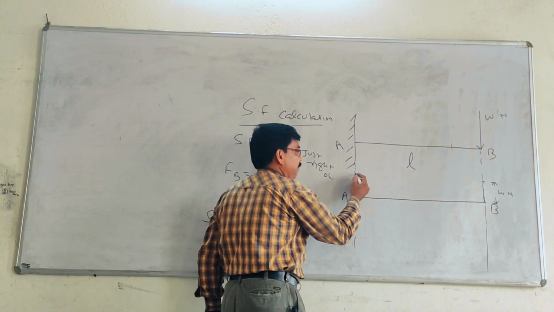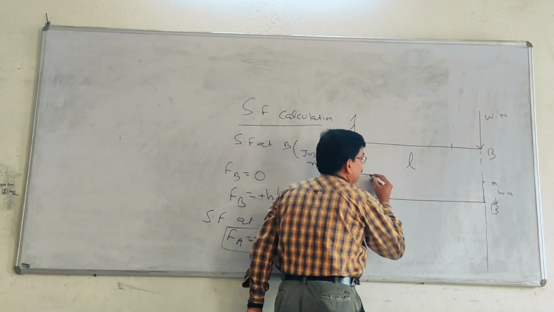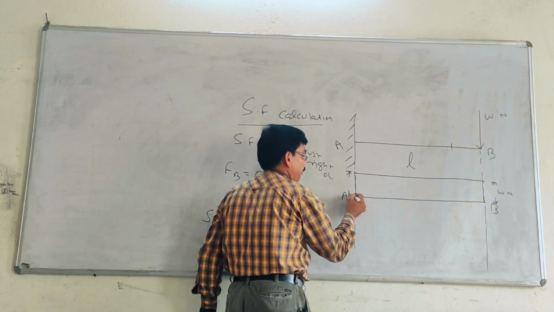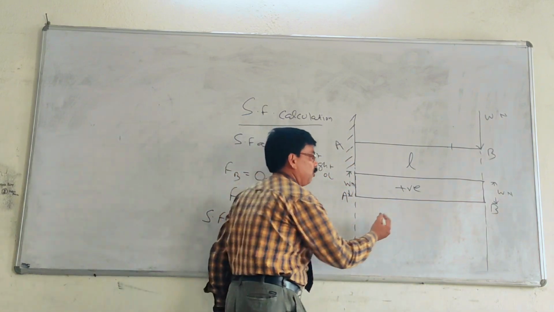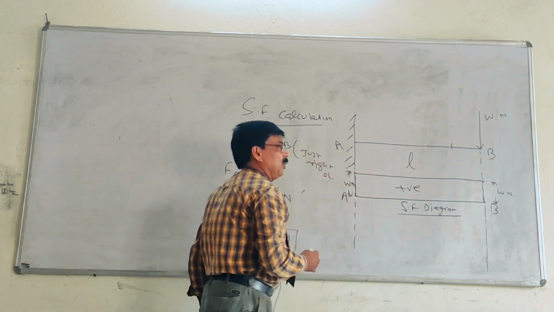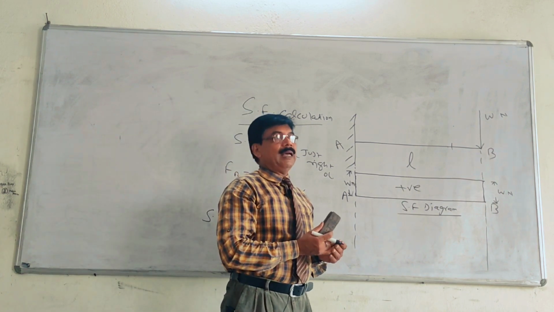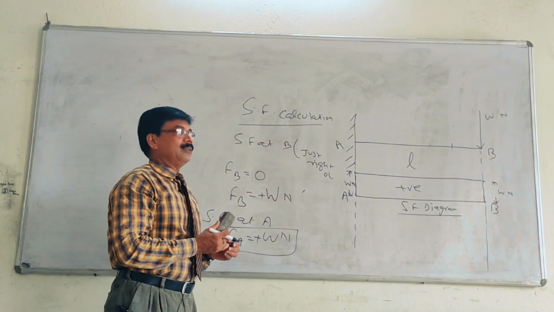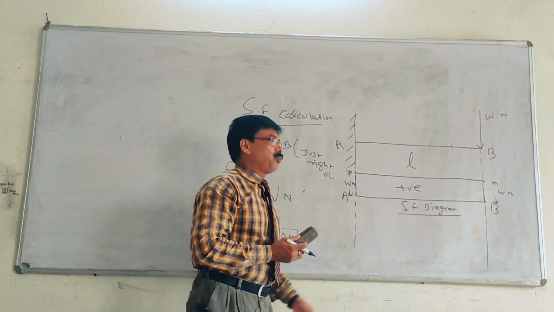Next, shear force at A is the same, W. So the distance at B and the distance at A are the same; join using a scale. It is also the same W Newton, and mark here that it is positive. So this is all about the shear force diagram. In the theory we have already discussed the procedure for point load. The shear force diagram will be rectangular in nature and the bending moment diagram will be an inclined straight line. You can see this in my video on the theory of shear force and bending moment.